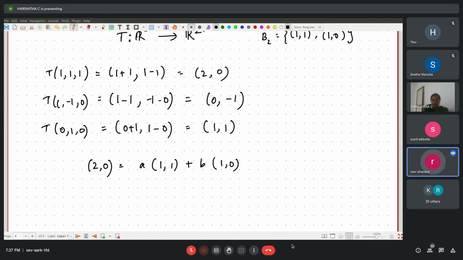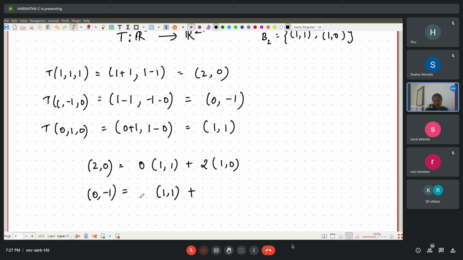A equal to 0, no? Yeah. So you see that (2, 0) is nothing but a multiple of (1, 0). Basically, here you don't even need to compute. It is 0 times (1, 1) plus 2 times (1, 0). Okay. So (0, -1),